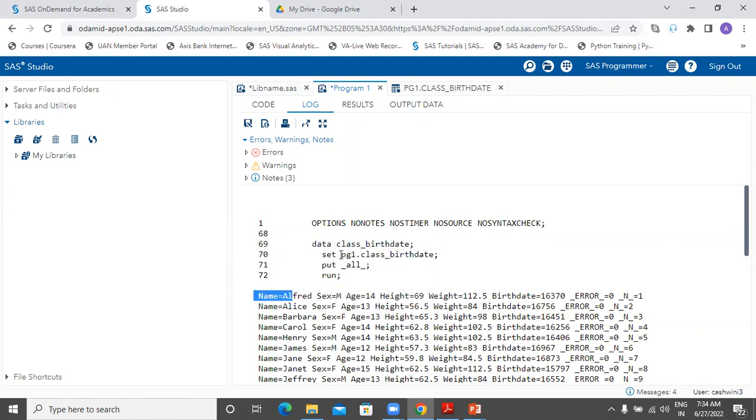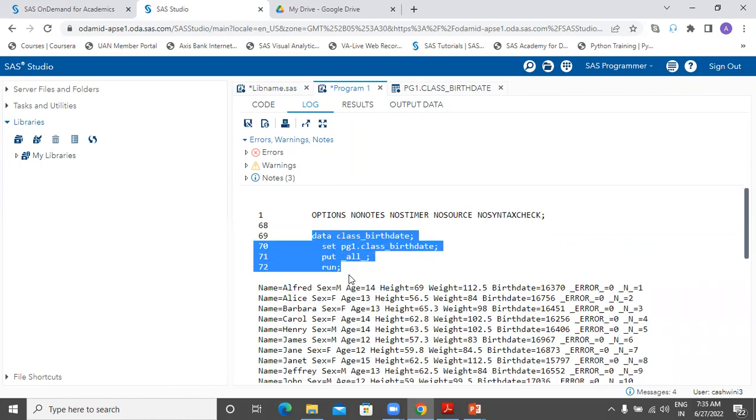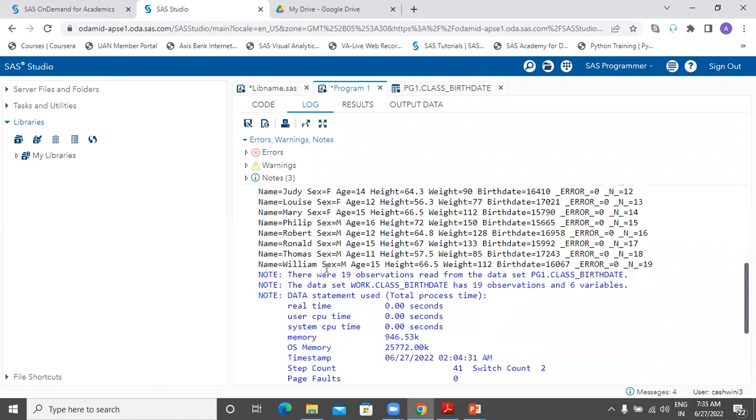So depending on your input data, if there are 19 rows, the same data step will process 19 times. So it's telling you all 19 rows have been read. So what are these two? These two are actually temporary variables which are always created at the backend. The first is error underscore, indicating